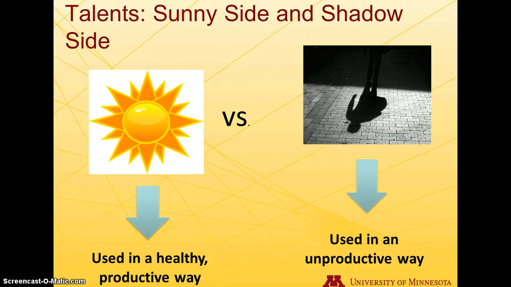Another example could be someone with the harmony talent theme. They could use it productively to serve as a middleman or go-between and help people reach consensus and understanding on contentious issues. Used unproductively, that same person might use harmony to go along with other people even if they don't agree with them in order to avoid conflict. They never get to go to the restaurant they want to go to because they don't want to disagree with what their friends are doing.